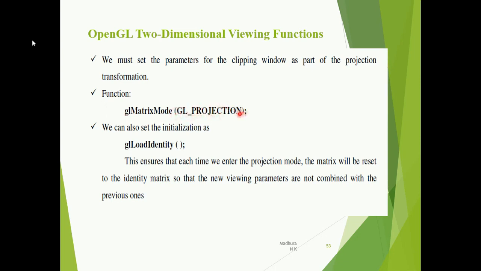We have discussed glMatrixMode in the earlier slides, but now let us discuss glMatrixMode with GL_PROJECTION. Here it transforms the world coordinates to screen coordinates. You will have a matrix that transforms from world coordinates to screen coordinates, so that's why we have this function.